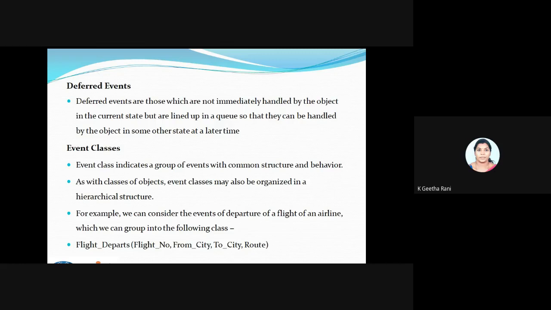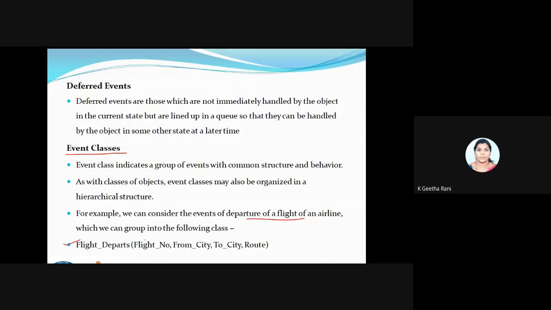Fine. So next one is called the event classes. It's nothing but a class that will have a group of events which have a common structure and behavior. Assume I'm going to have some 50 events, 50 conditions. I'm making a group which is going to have a similar structure and behavior. Here you can see an example: I'm going to have an event for departure of a flight. So what will be the event for it?